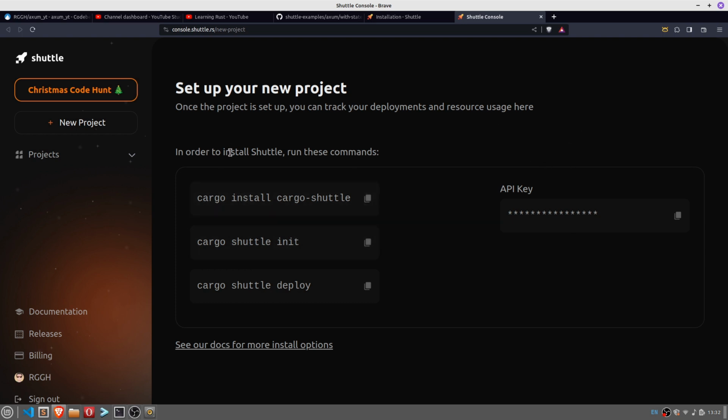So in order to install Shuttle, run these commands. You do cargo install cargo-shuttle, then you do cargo shuttle init, which starts the Shuttle process in the background. And then once you've got a project to deploy, you do cargo shuttle deploy. So if we do this here,